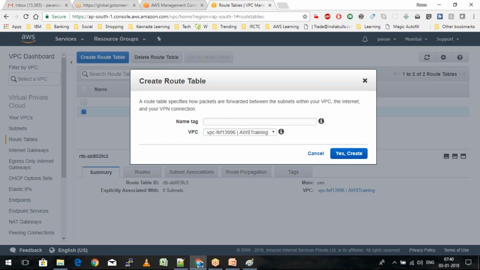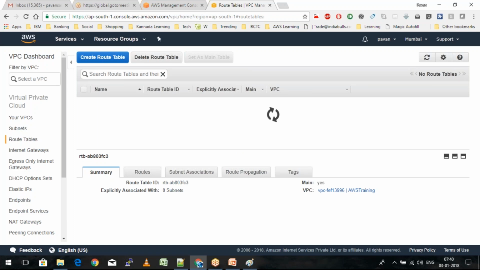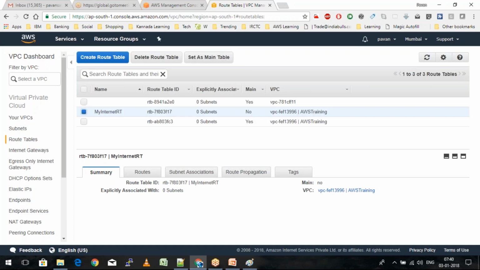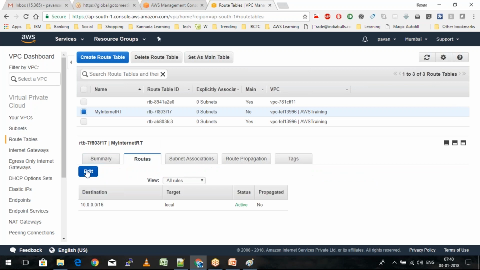So I'm going to go ahead and create my custom route table. I'm going to name it my internet RT. RT stands for route table here, the short form, and this is going to be created for AWS training VPC. I'll just say yes, create it. So there we go. Now I'm quickly going to go up, and in the routes, so we are going to define,